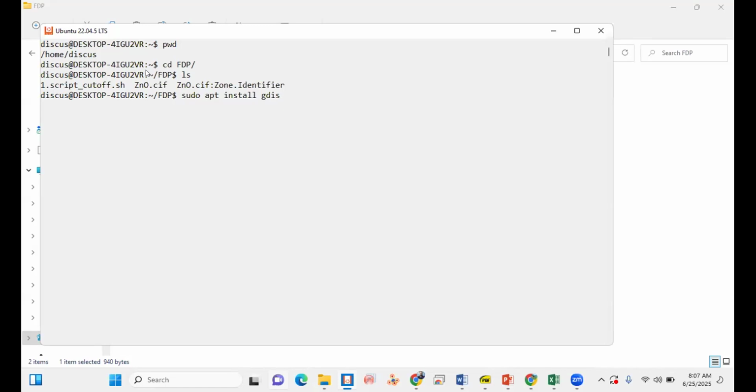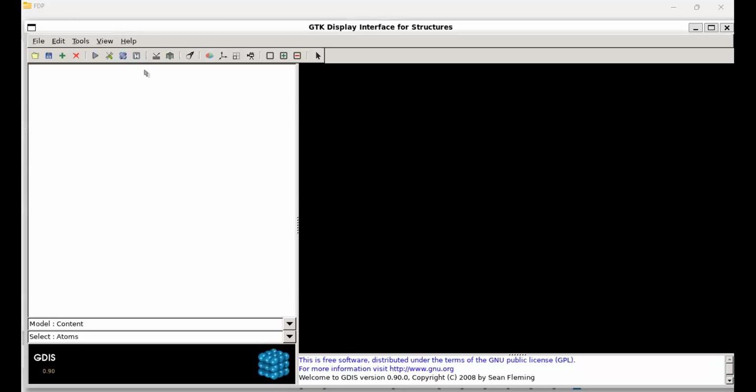If someone says, okay, you forgot the get here, nowadays apt is working well, and sometimes we need apt-get, but if you want to type it, you can. It's not an issue. So this is the command to install GDIS. When it installs, I will write here only gdis. It will open a new window like this.